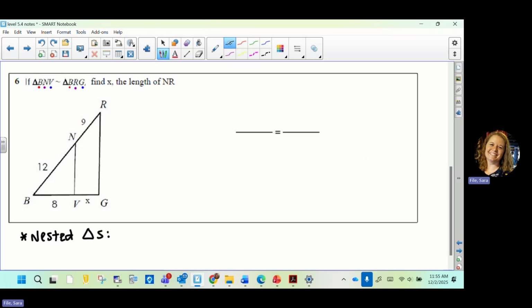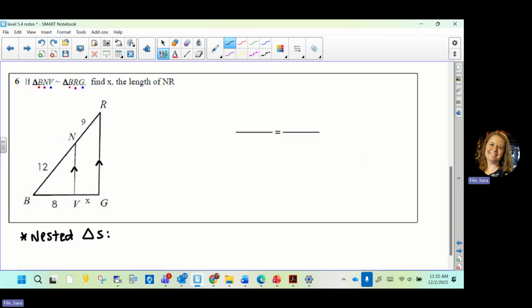Because you are told that they are similar, they tell you in this statement, that's what the symbol here means, similar. Because they are similar, I know that this line has to be parallel to this one. If they were not parallel, these wouldn't be similar triangles because then the angles wouldn't be equivalent to each other. So because they're similar, I know those are parallel, which means the segment in B that is drawn, creating that second triangle,